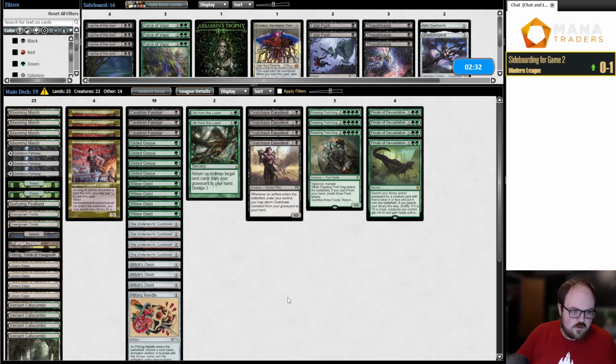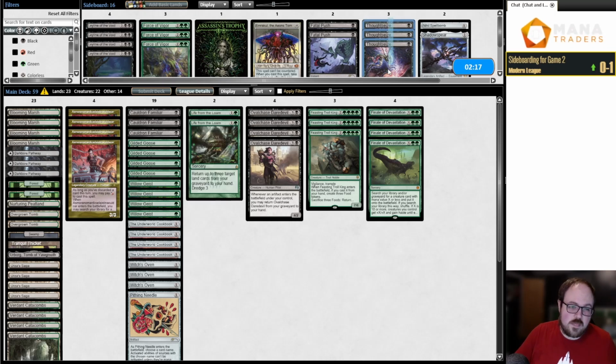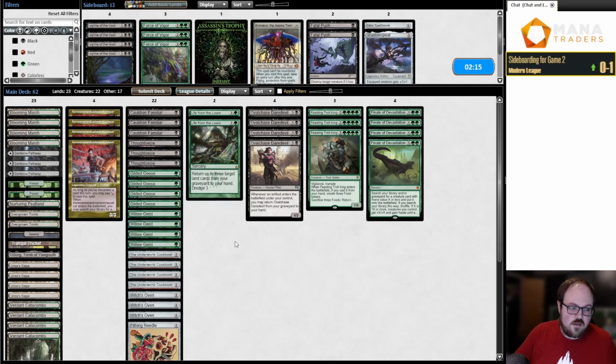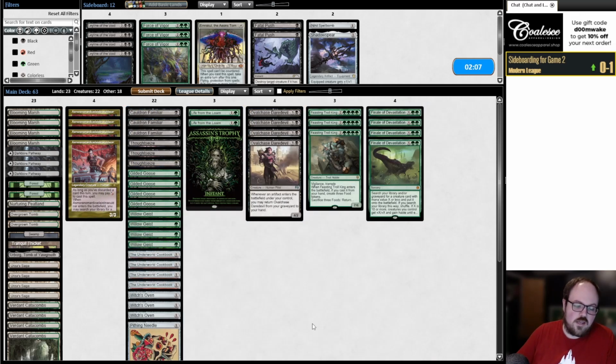How do I want to go about handling Rest in Peace? I believe I want to bring in Thoughtseize and Trophy. I'm not a huge fan of Force because you have to 2-for-1 yourself against the blue-white control deck, which is not usually where you want to be. I think it's just kind of like Thoughtseize, hope it's in their hand. I understand that Trophy is also a 2-for-1, but it's a little less devastating than pitching a card to casting a Force and getting it countered. So I think I'm going to do this, and I'm going to trim on...